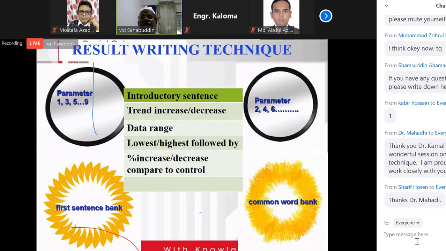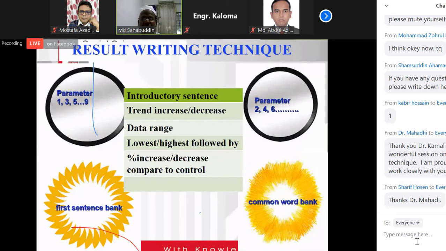So this is the introductory sentence. The second sentence will be the trend, increase or decrease. That means due to the application of the fertilizer, the plant height is increasing or decreasing. What is the trend? Either increase or decrease, or sometimes increase, sometimes decrease.